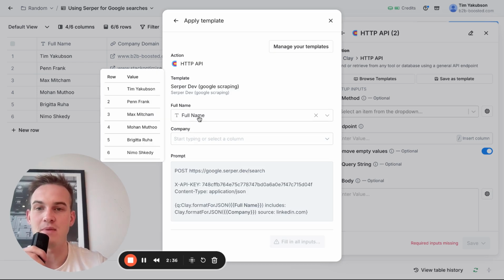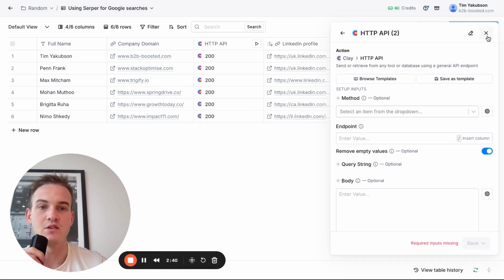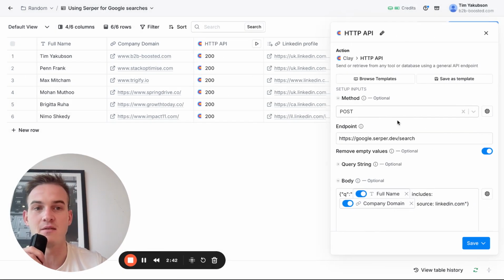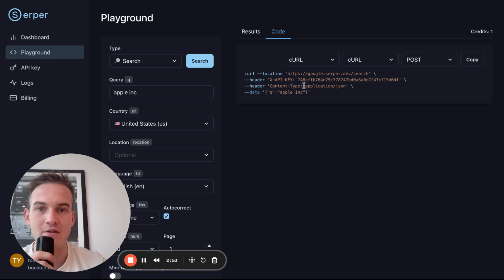And all you need to then basically add to it is some of these details. So let's set this up from scratch. You can see over here, you first of all have to select a POST request. So the method will be POST because you're trying to post the information here, right? The endpoint, you're going to copy and paste the endpoint from inside of the playground, which you can find over